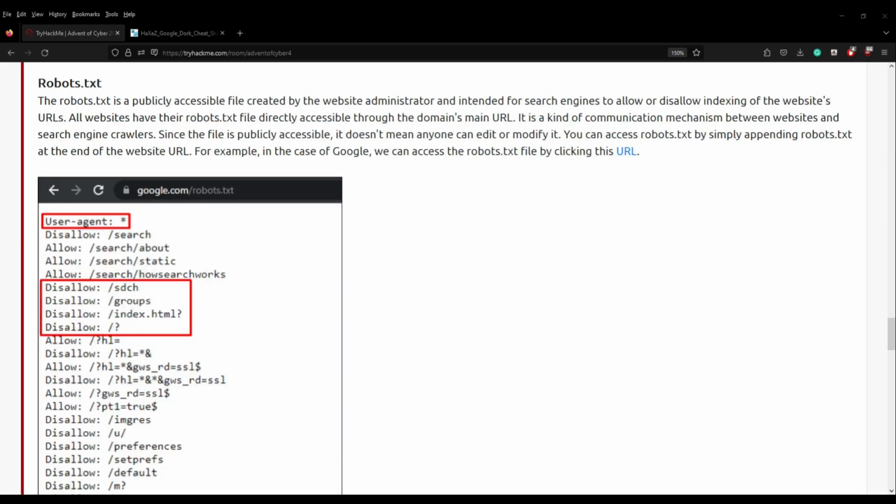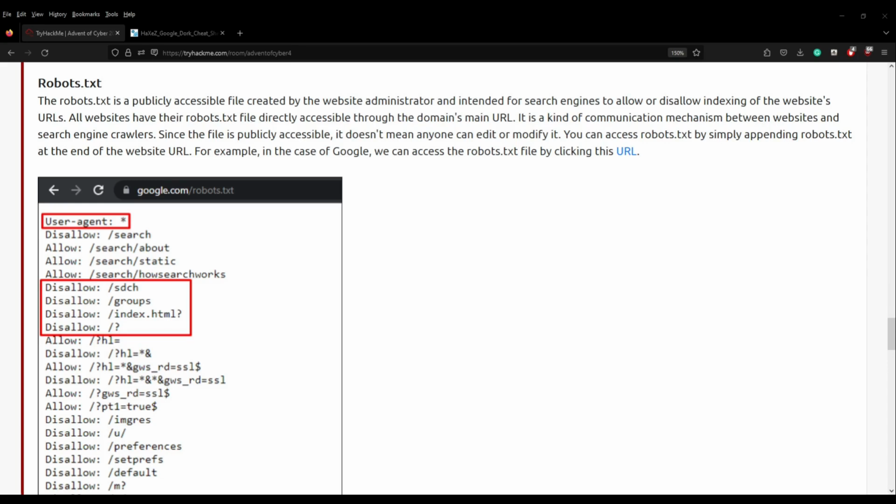The Robots.txt file. You can find this on some sites, and essentially what it is, it's a file that tells search engines what pages not to index. So when you build a website and you want to get it search engine ready and you want to SEO it, you submit it to Google or to Bing or whichever search engine you want to. However, there are some pages you never want to be indexed, for instance admin pages or pages that may contain